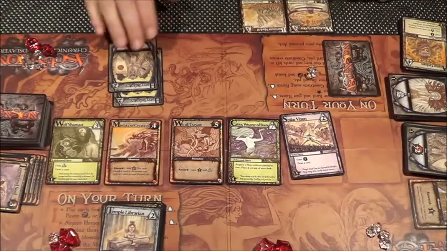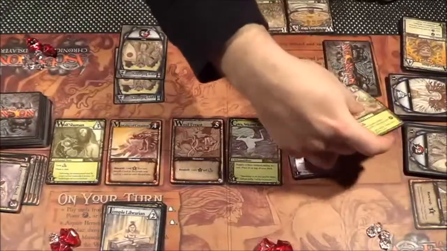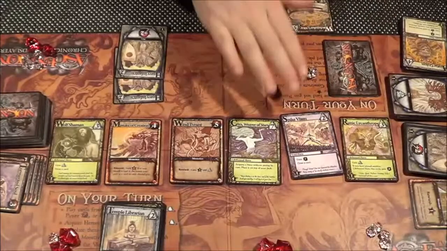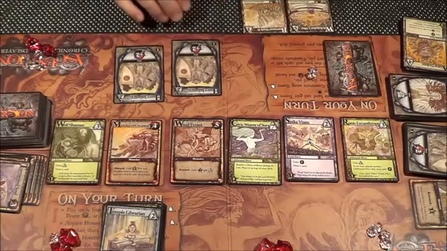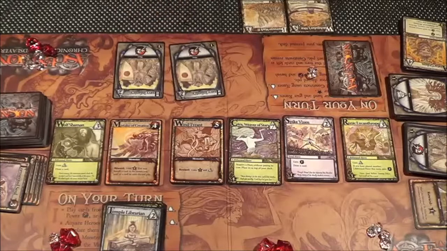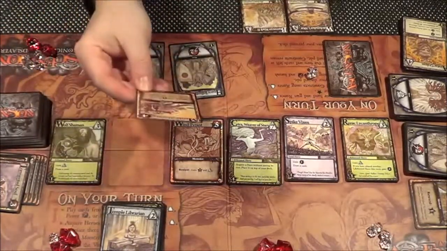Okay, and that goes in my discard. I'll pull out another card, which is a Runic Lycanthrope. Now let's see what I can do. Well, I have 2 power on each of those, which gives 4 power. I can attack that monster and it will give me